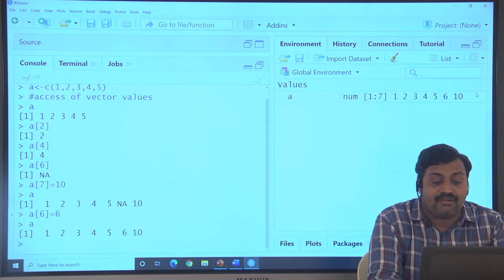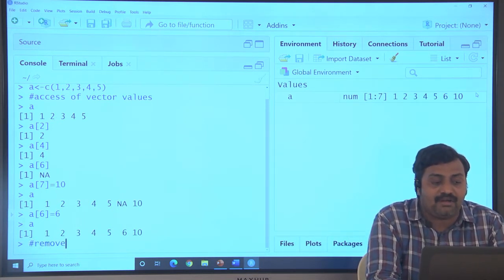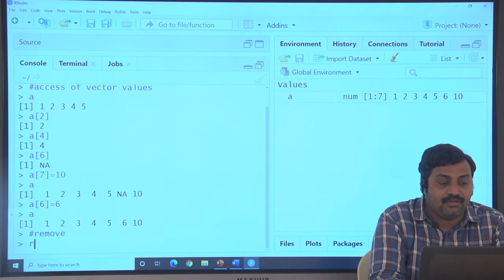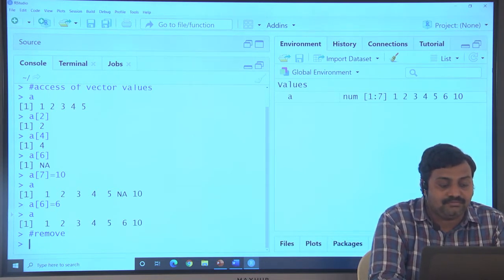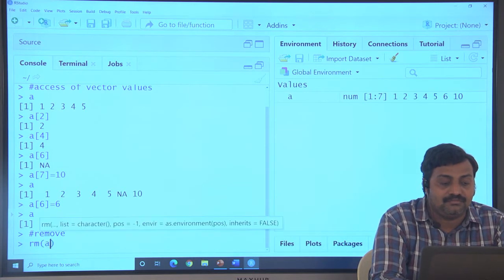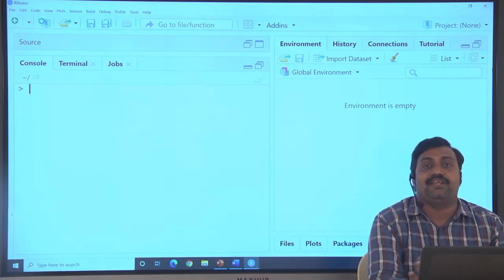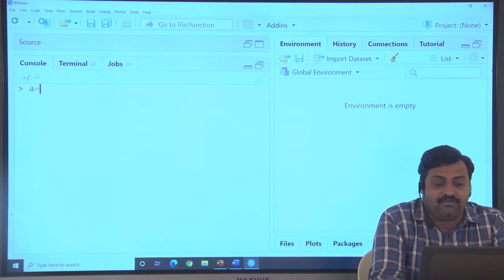Whenever you want to remove a vector permanently, we have a command called rm of a. The vector is removed. Control L clears the screen. Let's see the vector again; I am creating one more.